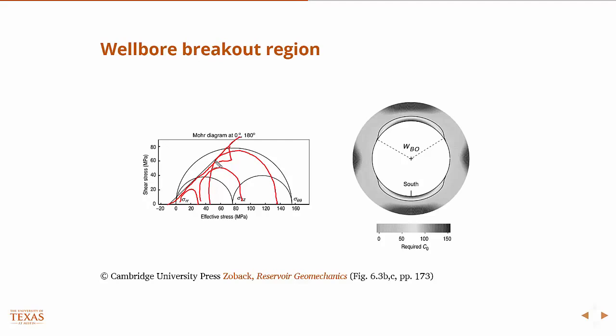we can compute the actual stresses and plot them against our Mohr failure line, and basically any stress state that's over here is going to be beyond the strength of the rock and therefore cause the rock to fail. Okay? So if we plot that, if we plot where those stresses occur on our wellbore, it can be indicated by this line. So anywhere inside this line